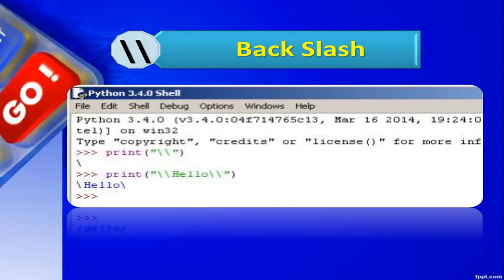But if you look properly, the output is only 1 backslash instead of 2. That is because it's an escape sequence. The first backslash informs the interpreter that it's an escape sequence, and the second one is the one that it prints. So look at the word hello. There are 2 backslashes in the beginning and ending, but you can see only one. If you want to print the path of a file, you will remember that a path of a file is always separated with a backslash. If you are writing in Python as a string, you have to use 2 backslashes so that one is visible.